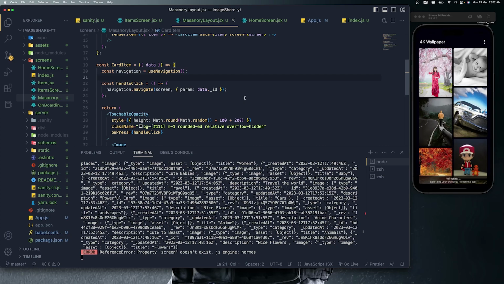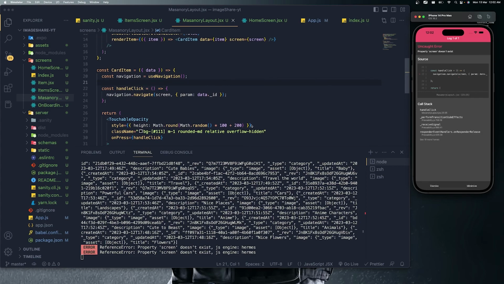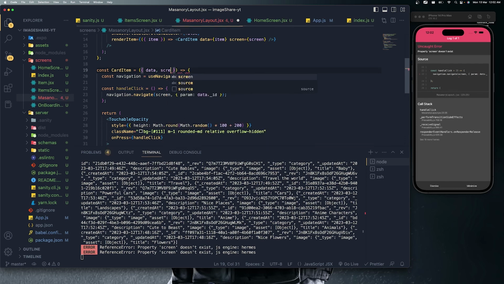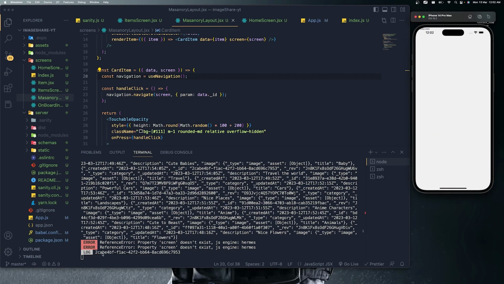Save the changes, and now if I tap this, it's still showing that the screen does not exist. Why? We updated this information. Okay, I haven't fetched the property, my bad. So here I need to fetch the screen property. We sent this property but we haven't received it. So if I tap this now, we can see we are inside the item screen